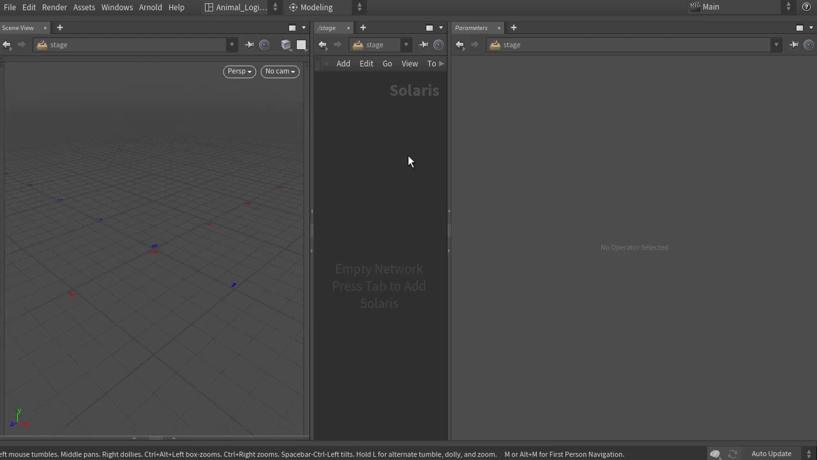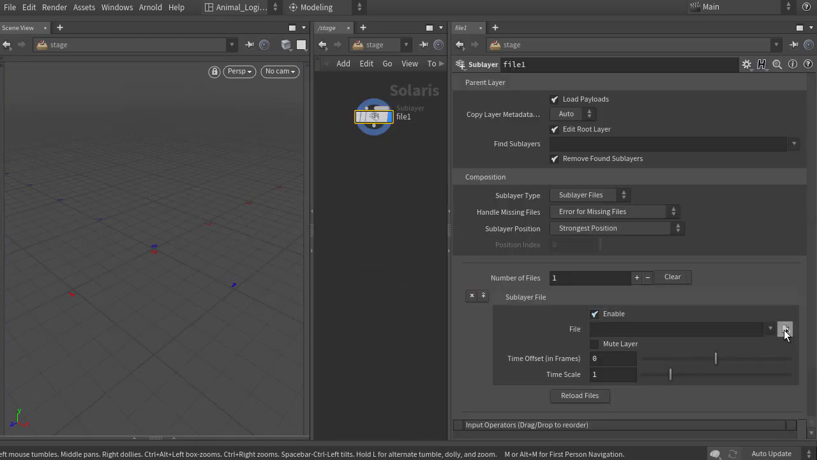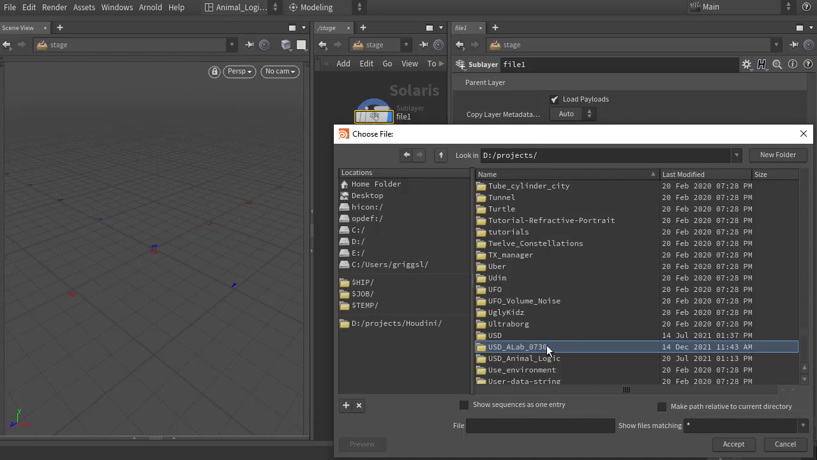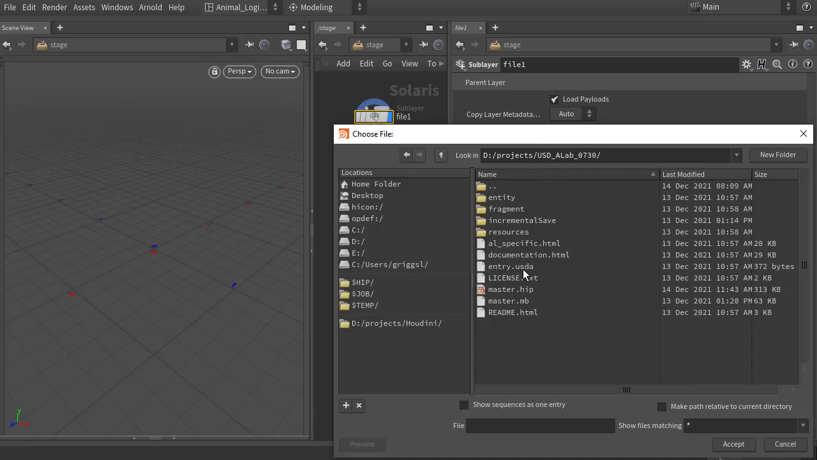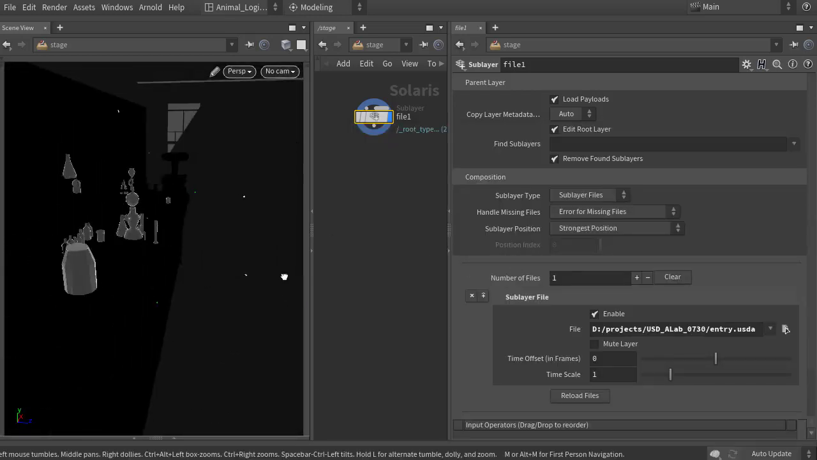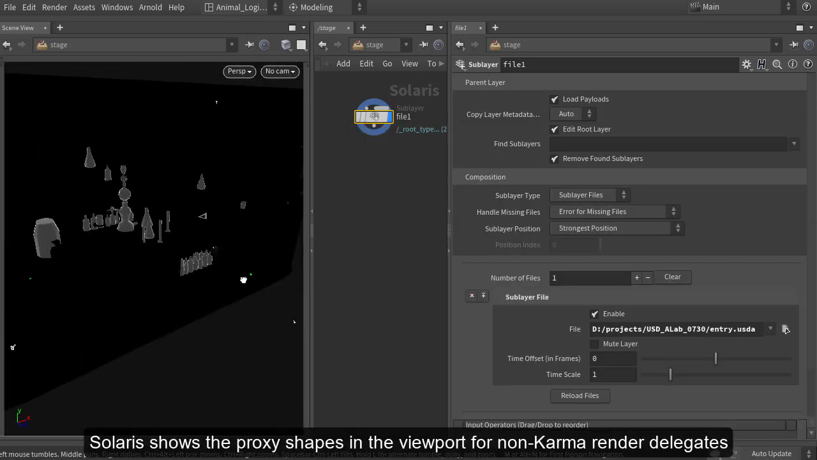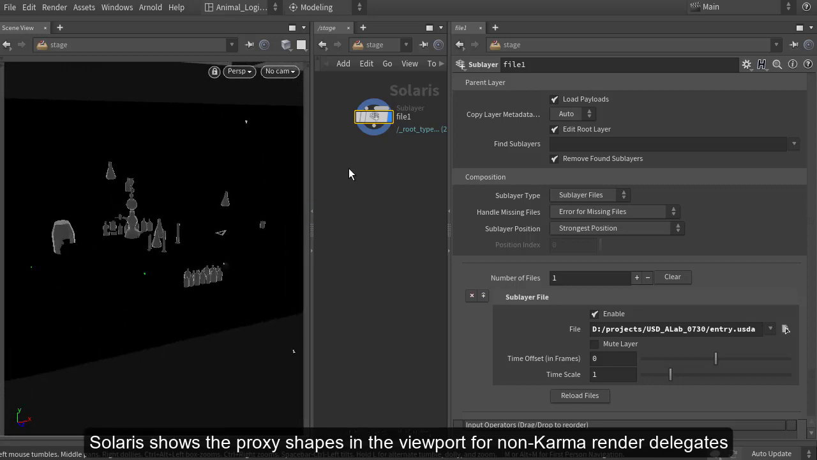Just close these and then create a file, and under file just jump to the USD Lab folder and open the entry.usda file. Come out, we can see the laboratory scene here. So it's a bit dark, so let's just start off by creating a light